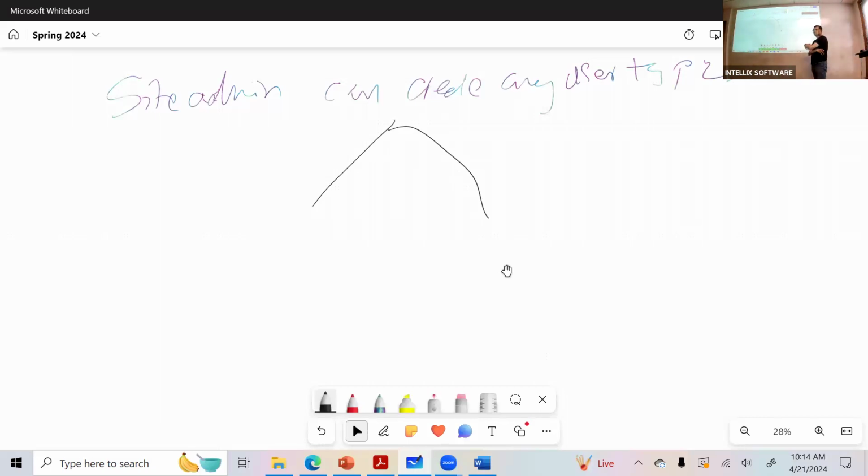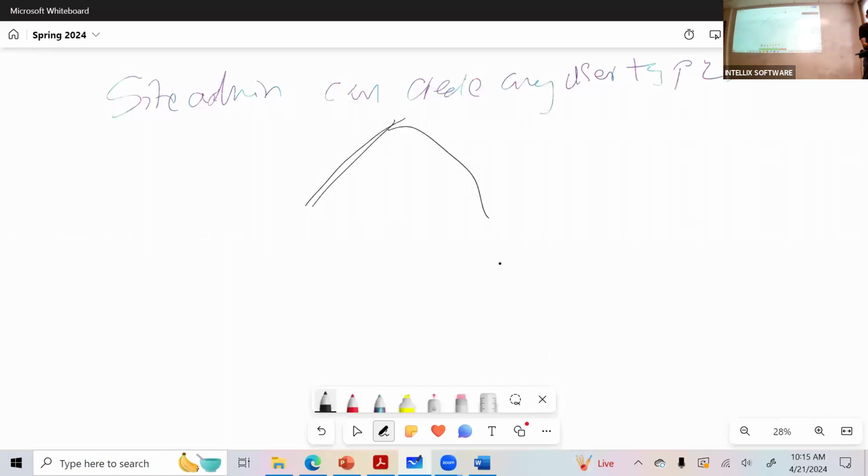So what are different scenarios here now? Valid username. Again, valid username, I mean, are you entering a username or what are you doing, right? So you need to prove that, right? That you, as a site administrator, I can create all these different users in the system. So what would be your simple scenarios here? The site administrator was able to create all 6 user types, as simple as that, right?